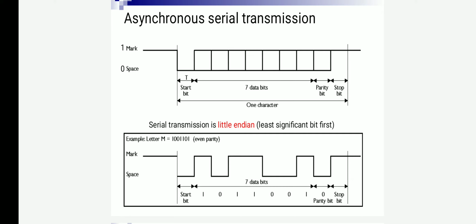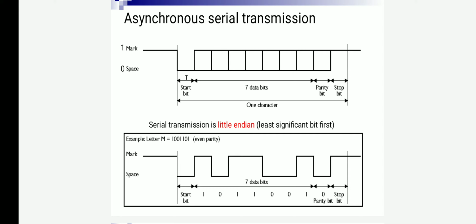So these are the 7 data bits, which means 7 bits of the letter M. And now one parity bit must be added here. This is the case of even parity. Even parity means the number of ones must be even in the given data. So we can count the number of ones in the given letter M. Number of ones are 1 2 3 4. Number of ones in the given letter M is even. So there is no requirement to add another one. So parity bit is 0.